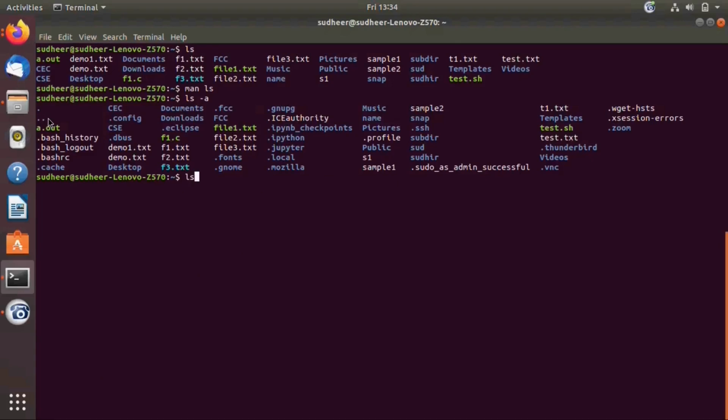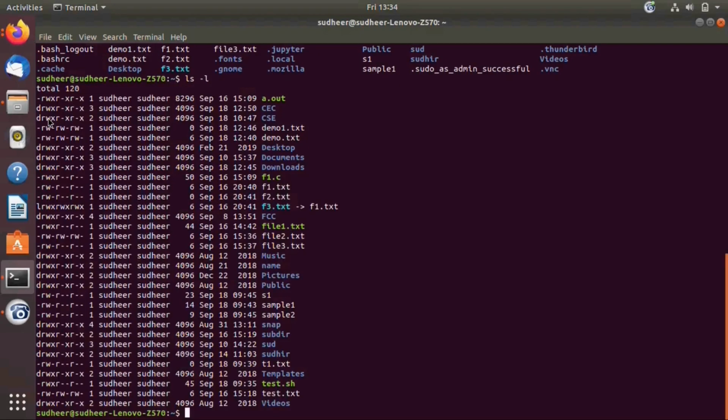So the next one is ls -l, which lists all the files and directories in the long listing format from your current working directory.